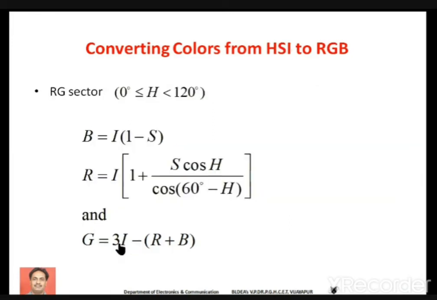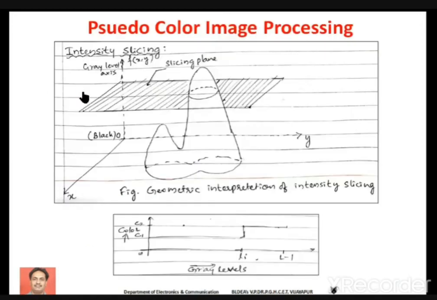The next, we are going to discuss how to convert HSI into RGB. Suppose you are given a pixel with values H, S and I, how to convert these HSI values into RGB values. Here we have the formulas like this. We use 3 sectors for converting HSI into RGB, that is RG sector. Then the sectors will be